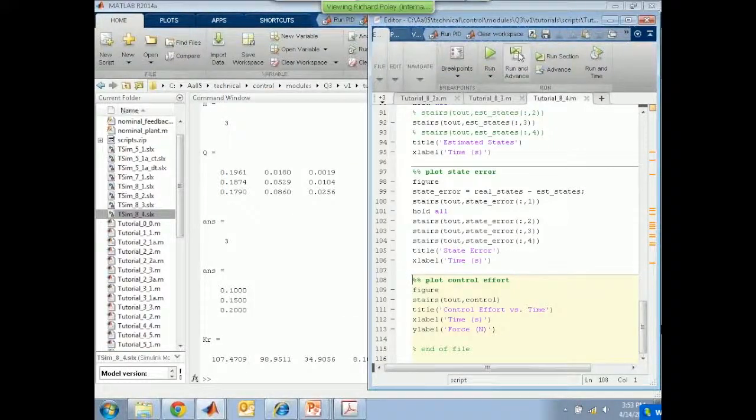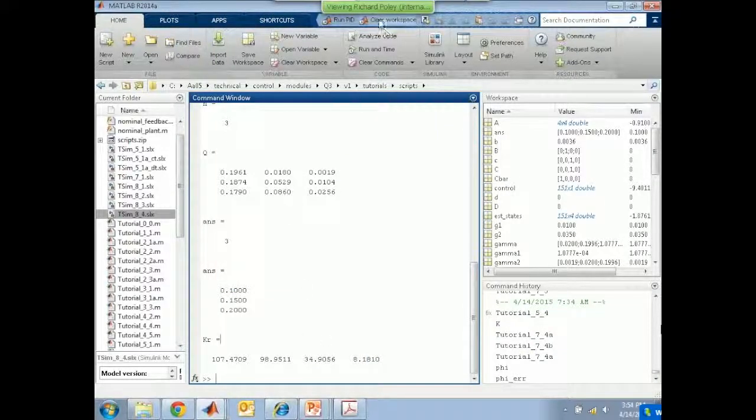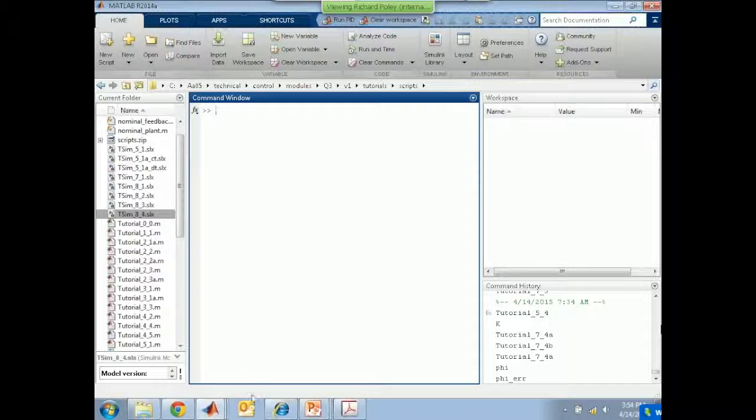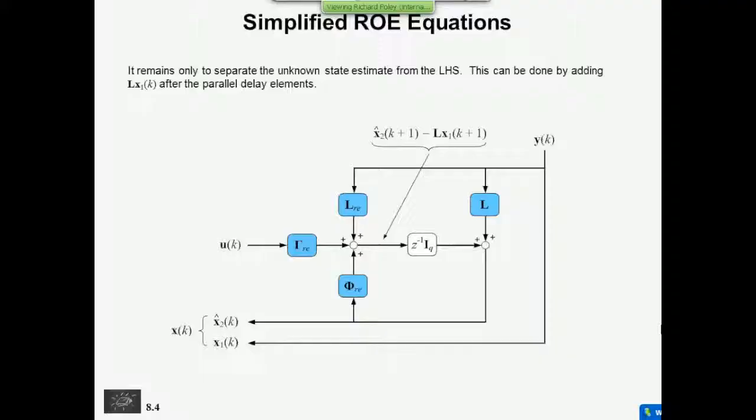And finally, we look at the control effort, which is there. You know, it's what you want. You're trying to position it so that it follows that step, which returns again. So initially, you've got a little nudge in one direction, and then it corrects itself, and then it does the opposite when it comes back. So that's the thing. And that's how you do it. I mean, there's not much to all of this. It's just a question of following a procedure to arrive at the right matrix values.